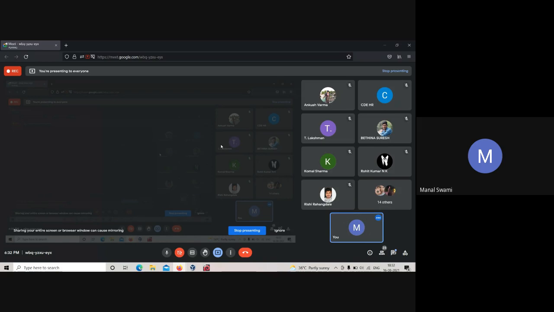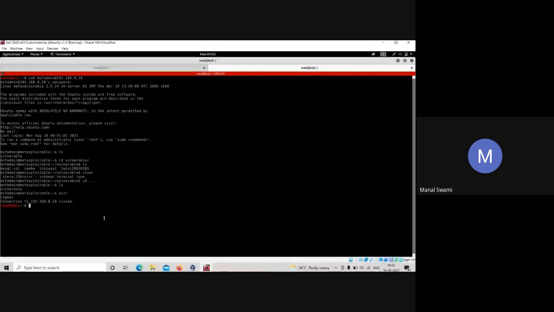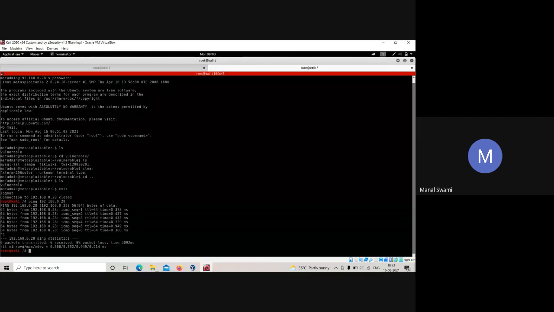If you are not connected with this particular system, you will not be able to do this. See, if I ping this particular thing, I'm getting replies over here. That means I am connected to this system. Only at that point can you perform nmap or something.